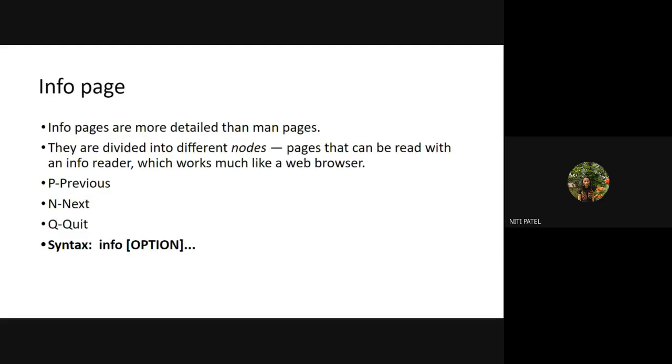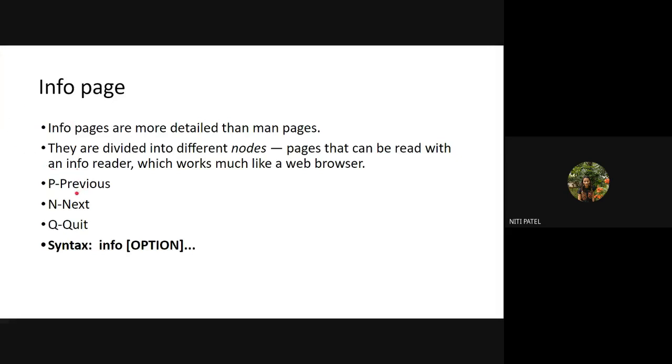Now what is that web page having? It continuously has information which goes from one page to another page and then to a third page and so on. And then we can always come to the previous page, go to the next page and keep on doing that. The same thing is happening in the info page also. We have multiple pages. We can go forward to those pages and we can also go backward.